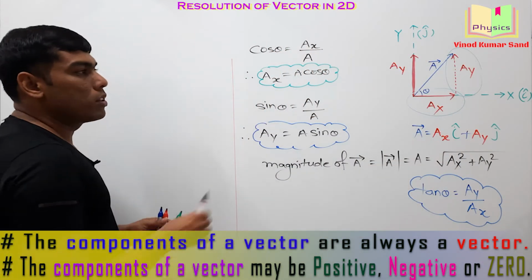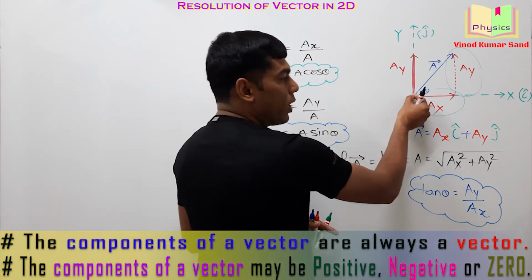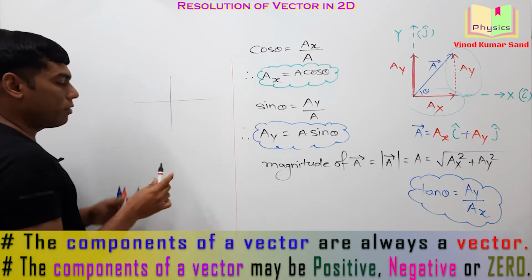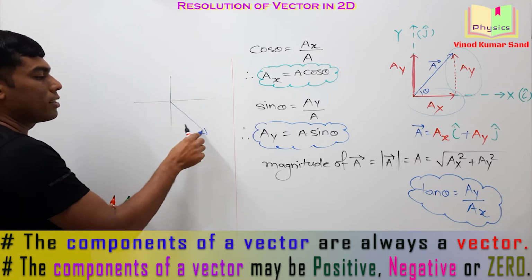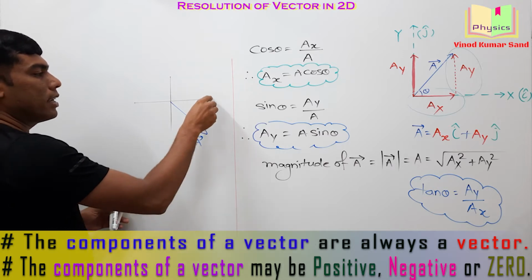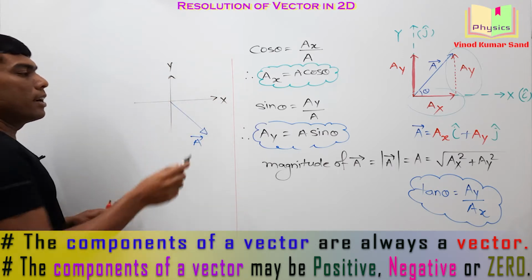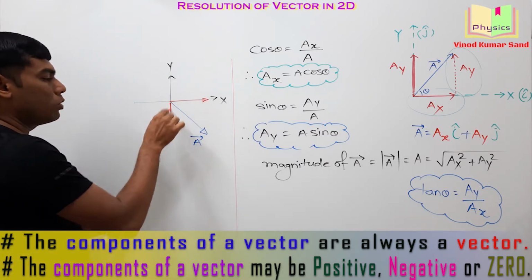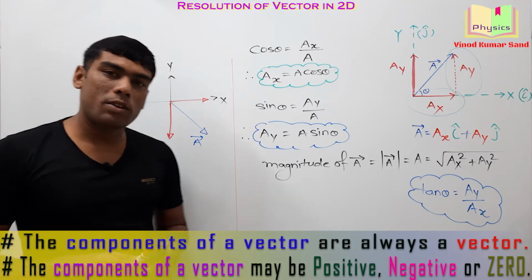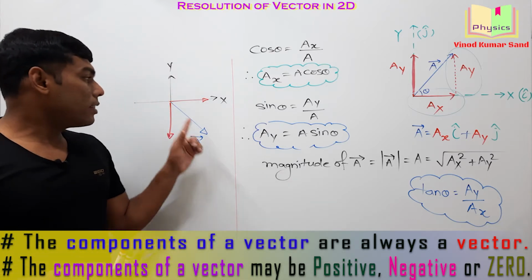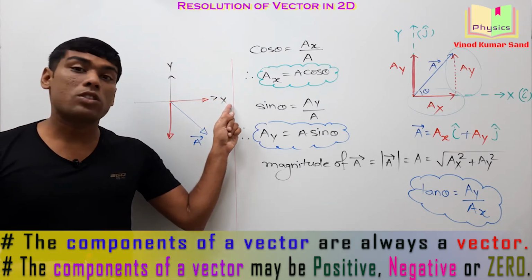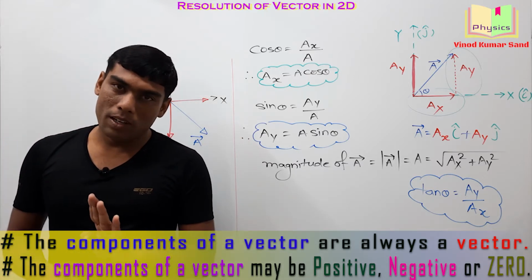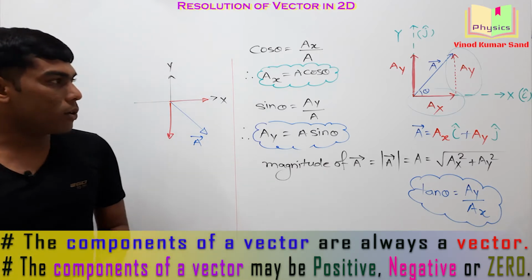Suppose instead of this, if you have chosen the vector in the fourth quadrant like this, I am making another diagram for your reference. A vector was like this, and here is the x-axis and here is the y-axis. Now you need two rectangular components of the vector. Then can you tell which component is positive, which is negative? Correct. In this case, the x component of the vector is positive, but the y component of the vector is negative. Done? Note it down.